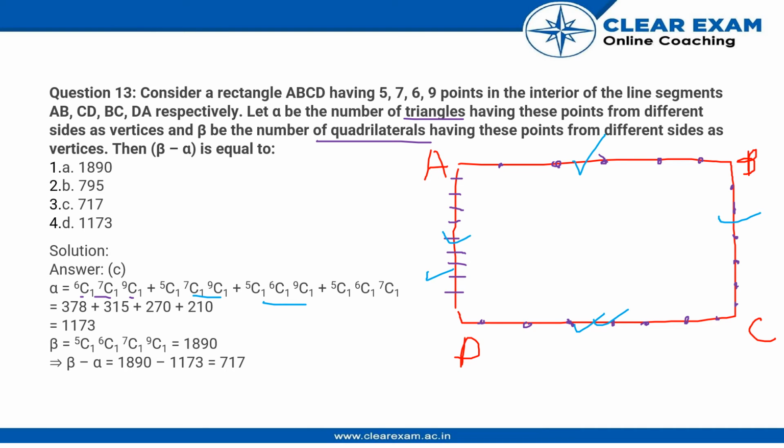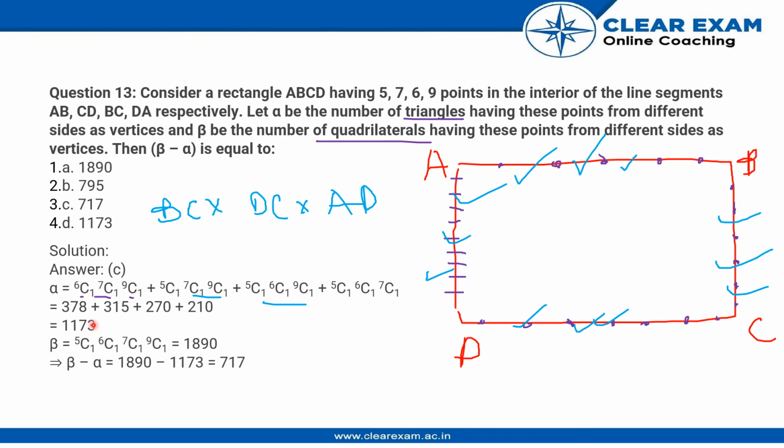The third term is I take a point from this, I take a point from this, and I take a point from this, as I said. And the last one is I take a point from this, I take a point from this, and I take a point from this. That is, we are taking adjacent sides as the groups over here. This side is BC into DC into AD, correct? So these are the combinations I am taking, adjacent sides multiplied to each other.